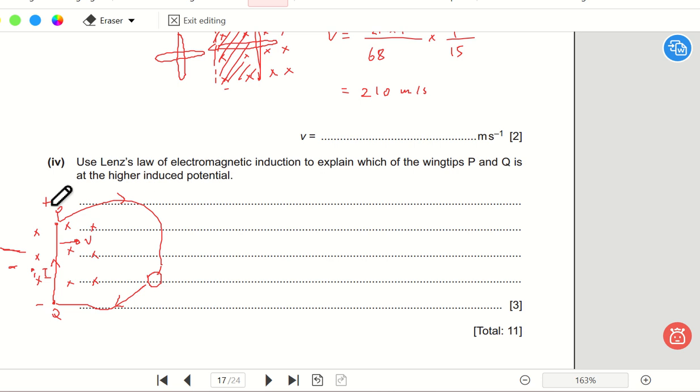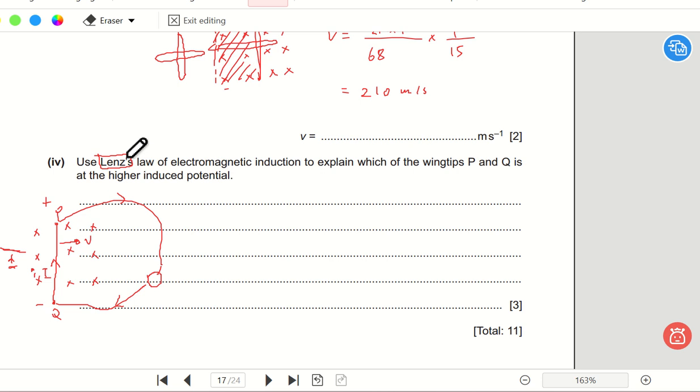In the external circuit it goes from the positive terminal to the negative terminal, and inside the battery it continues from negative to positive terminal. So inside the conductor where EMF is induced, it is from the minus to the positive terminal. But the question says that we should